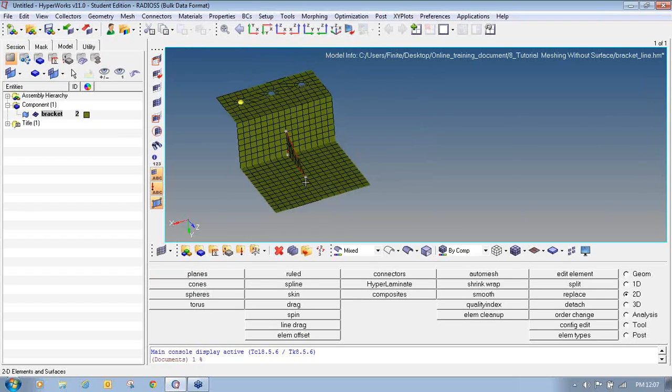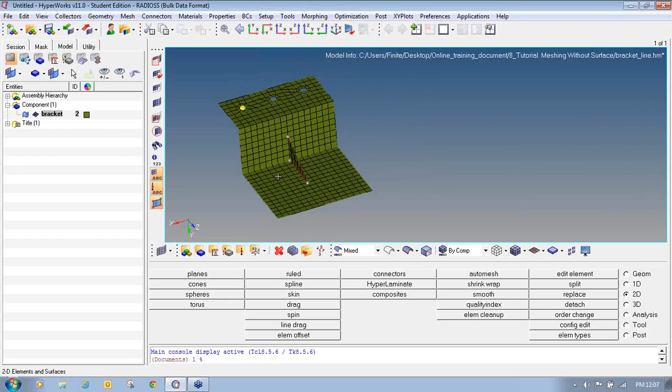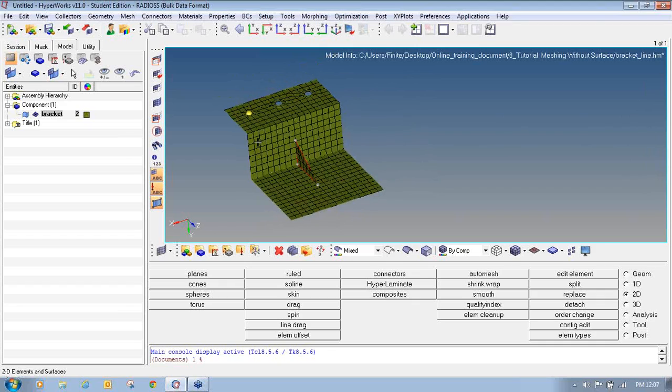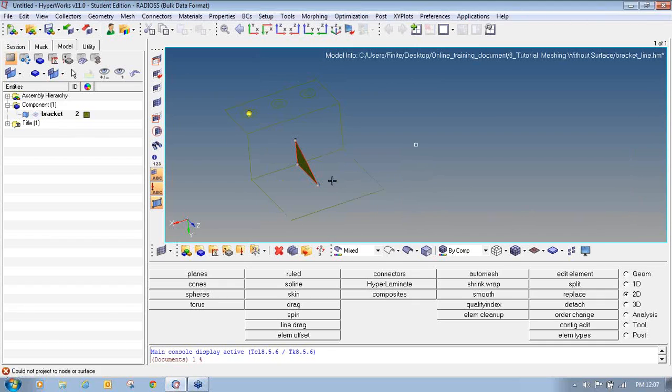Now I'll take a few more minutes to view these models. So I will first turn off the meshing. You can turn off the geometry in the model browser by clicking on the icon. If you click on this icon, it will turn the geometry elements on and off. So if I turn off the elements visualization, you will see in this area it has generated the surfaces.